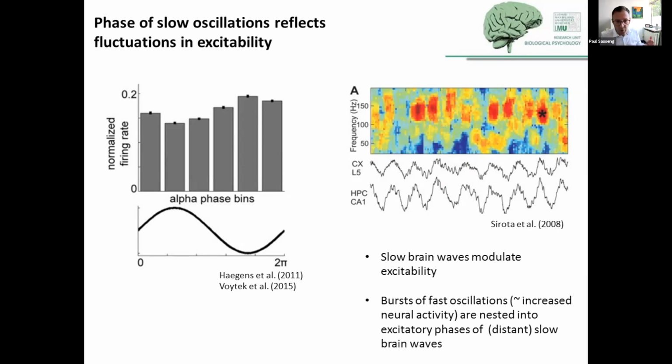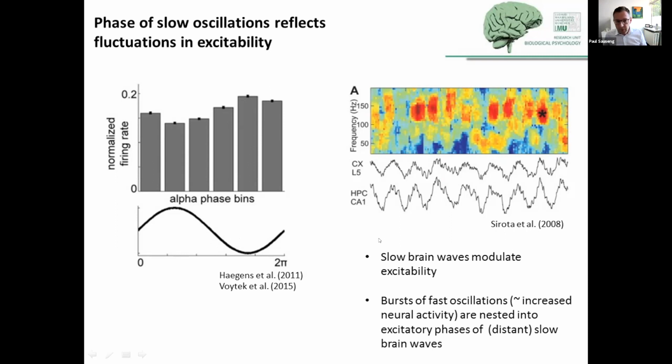It has been shown for theta, but also for alpha activity, that there's a relation between the instantaneous phase of these rhythmic processes and neuronal firing, so that you have a more excitatory phase. In this case, the peak phase would be associated with less activity,